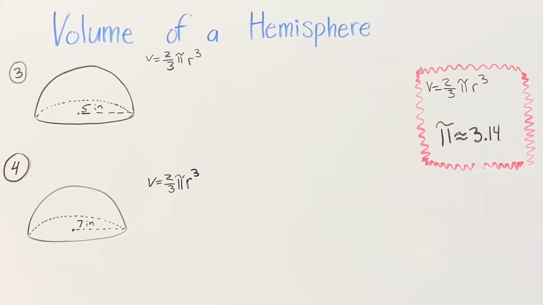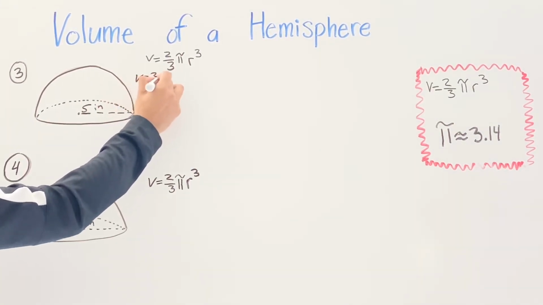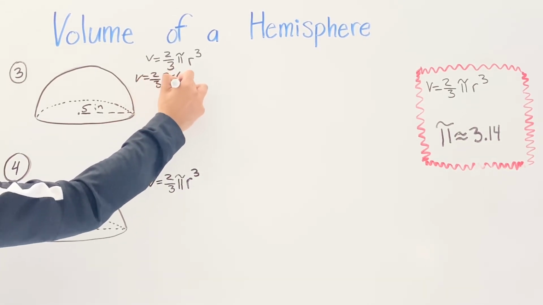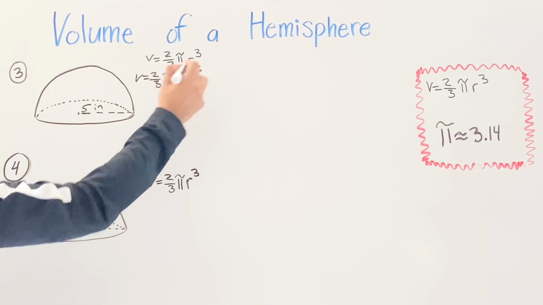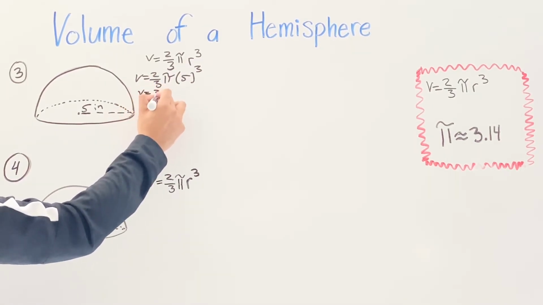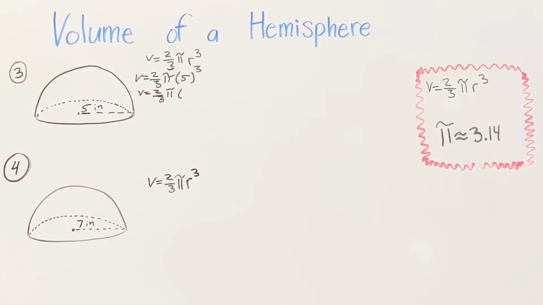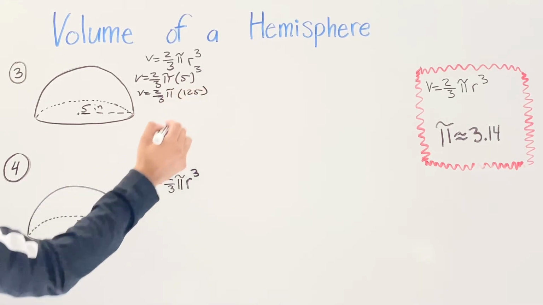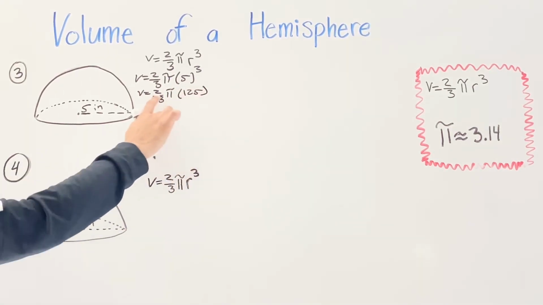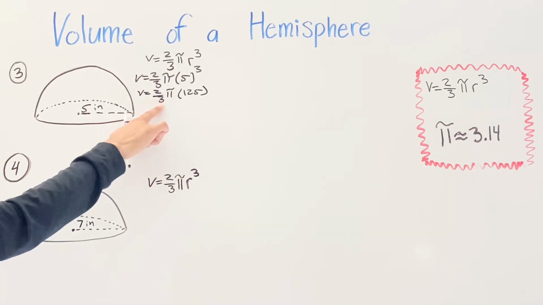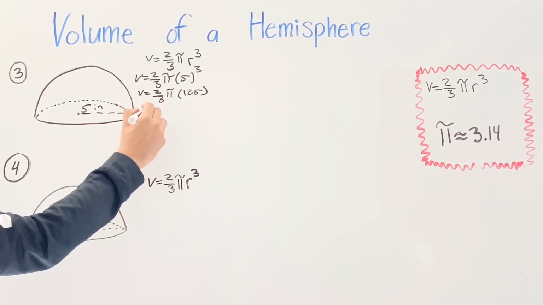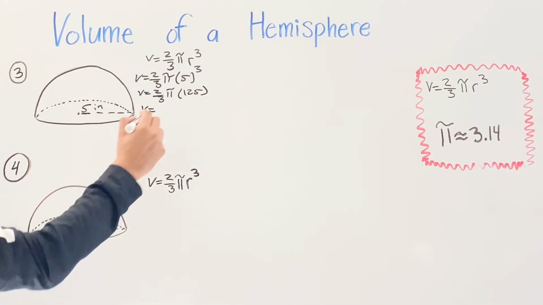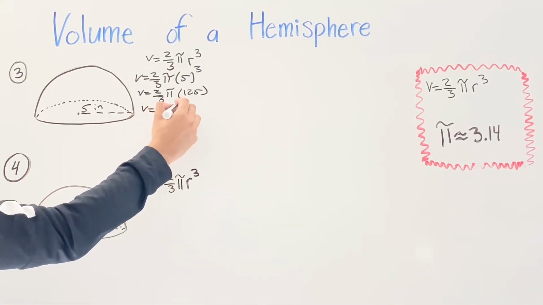Okay, so we're going to start with number 3. Just plug in 5 for our radius. So we have V equals 2/3 pi, and our radius is 5 to the third power. V equals 2/3 pi, 5 to the third power is going to give us 125. So we're going to multiply 125 times 2. Then we're going to divide it by 3. So V equals 83.33